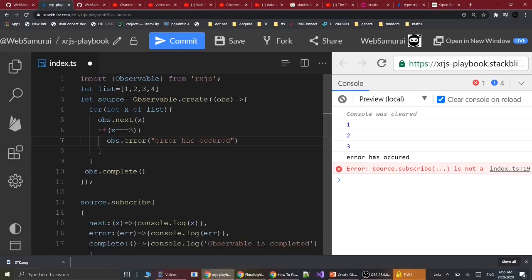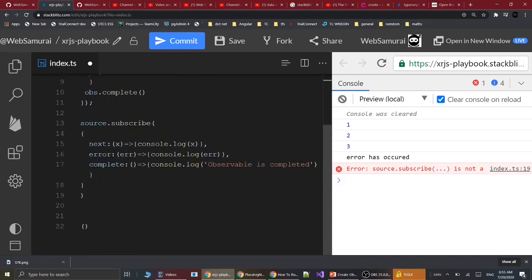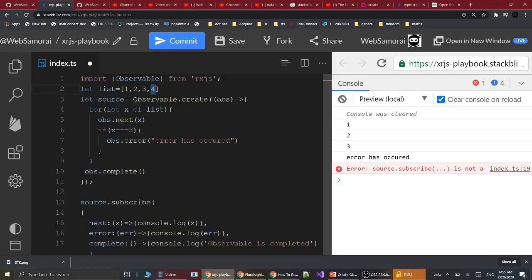We have a couple of observations here: after the error is called, I haven't seen 4 emitted, and the complete event also doesn't get executed. This means that after the error is called, the stream is stopped and no more values are produced. In this way we created the observable using the create method, and we saw how the error gets handled in the observer.